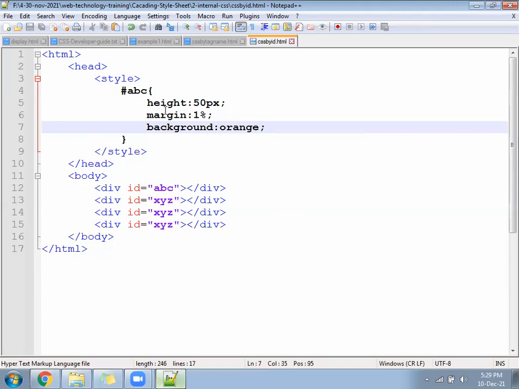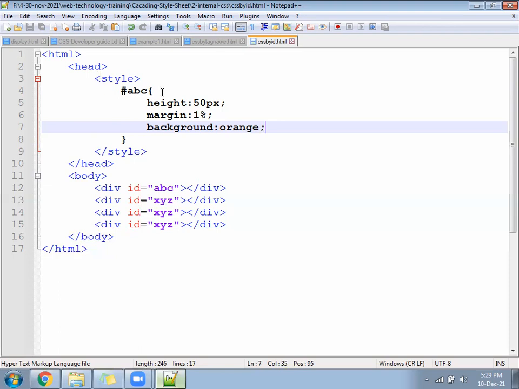It will apply only for the first division. It is not going to apply for all the divisions. It's going to happen for the first division, not going to happen for the remaining divisions.